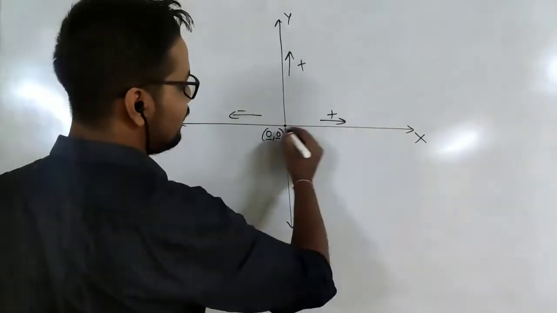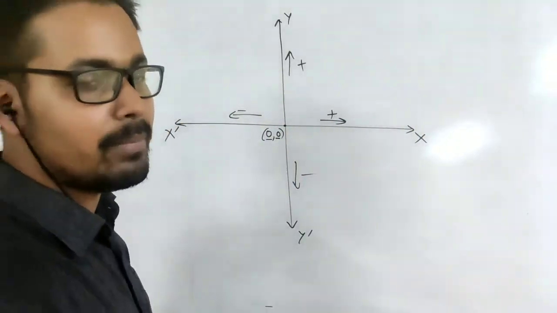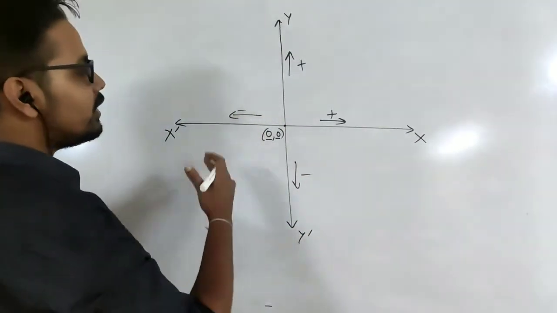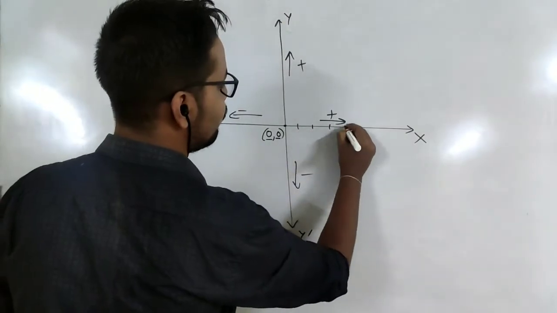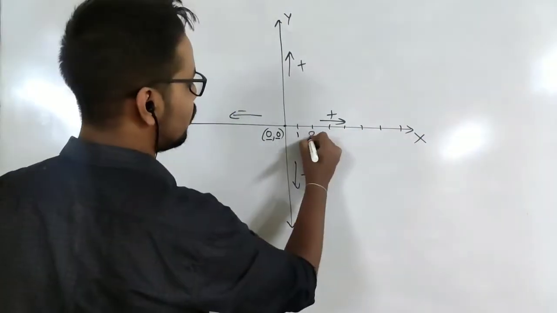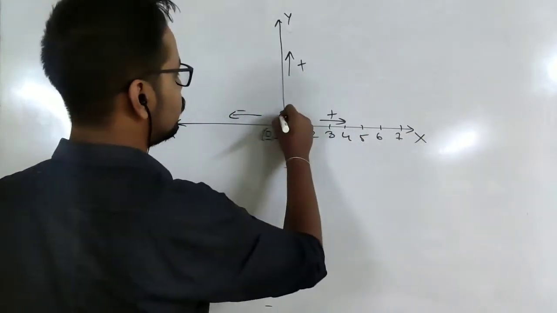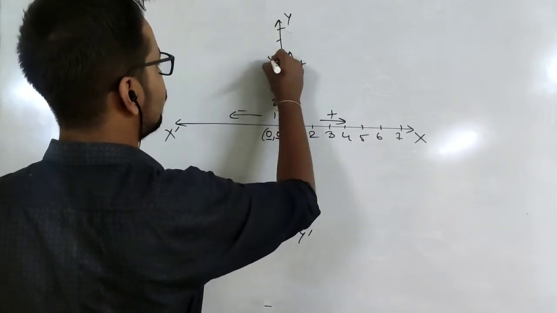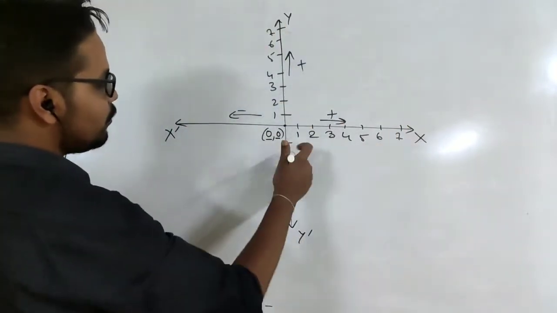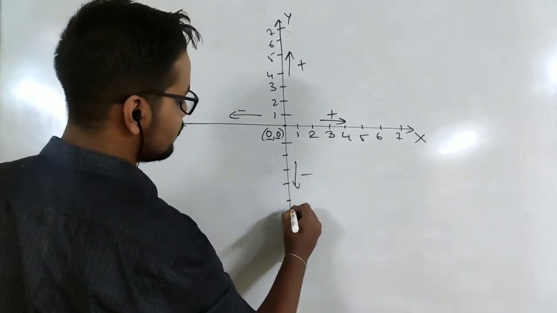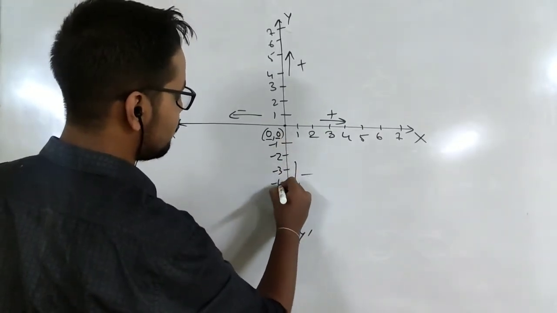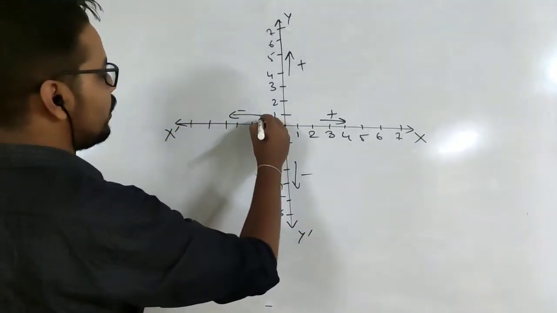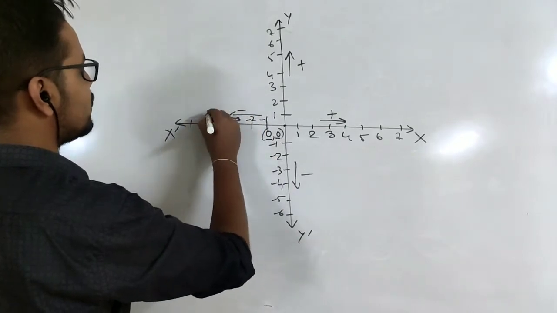The first coordinate that we write is always x, the second coordinate we write is y. You can think of coordinates like number lines. This is a number line in the horizontal direction, and this is one number line in the vertical direction. What are the numbers given in a number line? 1, 2, 3, 4, 5, 6, 7, just like that. So let's write them down on both axes. These are the positive sides. Here we will go for negative, -1, -2, -3, -4, -5, -6, in the same way on both axes.